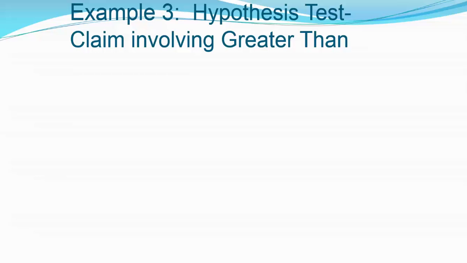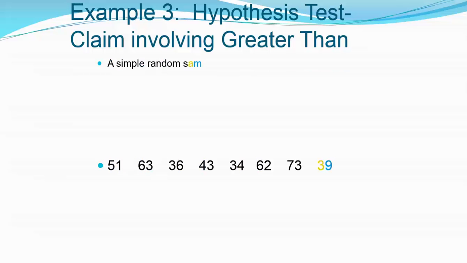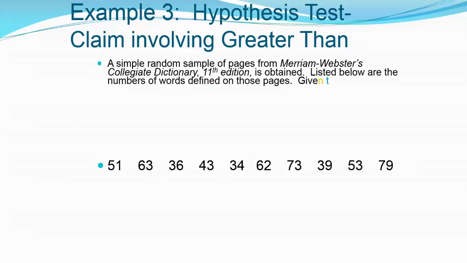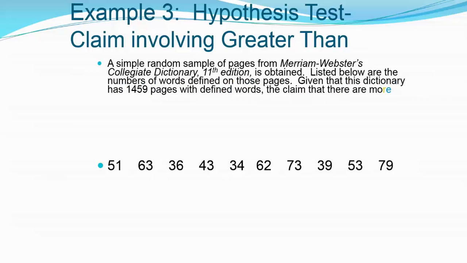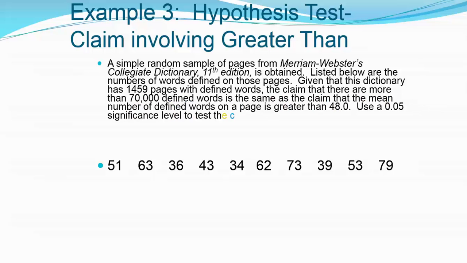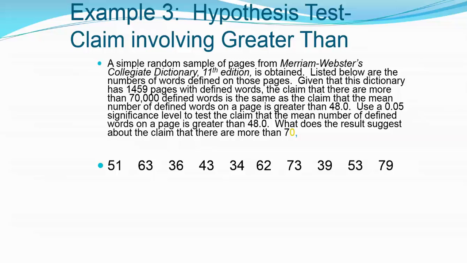In our third example, we're going to look at a hypothesis test with a claim involving greater than. A simple random sample of pages from Merriam-Webster's Collegiate Dictionary 11th edition is obtained. Listed below are the numbers of words defined on those pages. Given that this dictionary has 1,459 pages with defined words, the claim that there are more than 70,000 defined words is the same as the claim that the mean number of defined words on a page is greater than 48. Use a 0.05 significance level to test the claim that the mean number of defined words on a page is